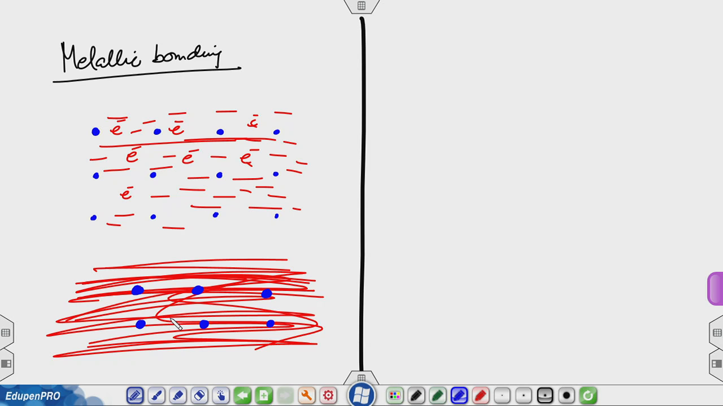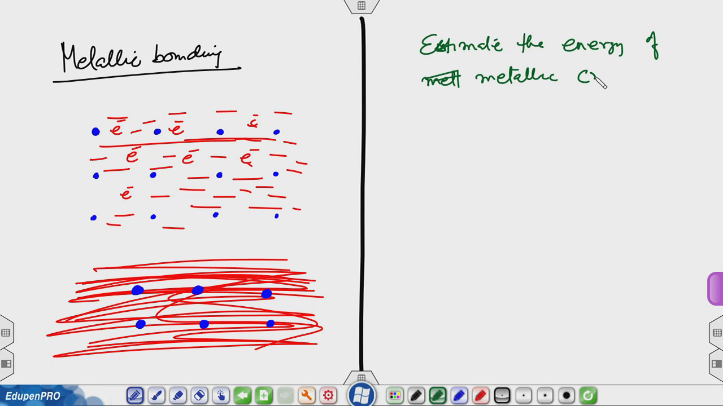And whatever the energy difference is between free atoms and the energy of these bonded systems is the cohesive energy. Again, you cannot calculate the cohesive energy very easily. A full quantum mechanical calculation has to be done. But let us just make a rough estimate. So, if I were to estimate the energy of a metallic crystal,